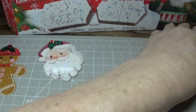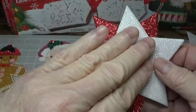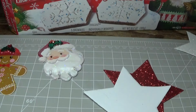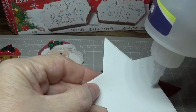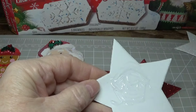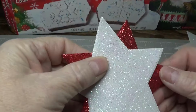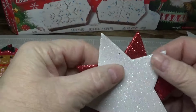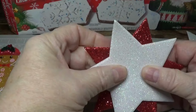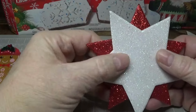Now, the next thing we're going to do are the stars. Now, I always like the white star to be on the front because whatever you put on that, it really makes it pop. So what I'm going to do is turn the white star over, and I'm going to take my Fabri-Tac again, and I'm just going to put a little bit of Fabri-Tac here in the middle. Okay, not on the arms of the star, just in the middle. And I'm going to place it like this where you can see the background star, and in this case the red star. You can see the arms poking out, so I just want to make sure that I have everything nice and straight, okay? And you can probably see what you're doing a lot better if you stand up and look directly down at the star,